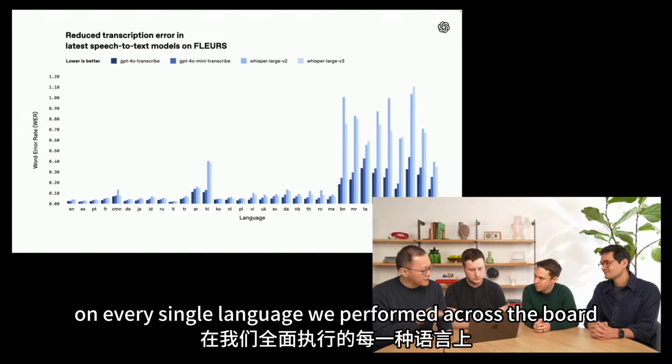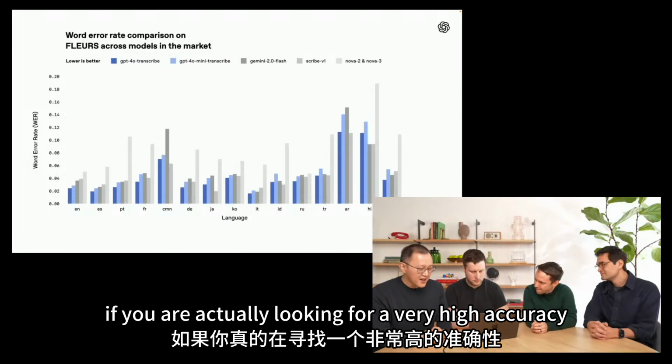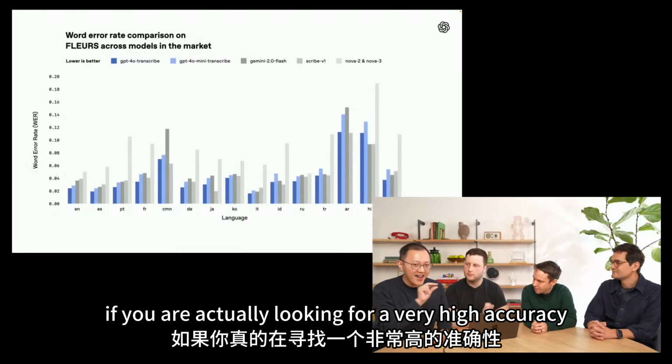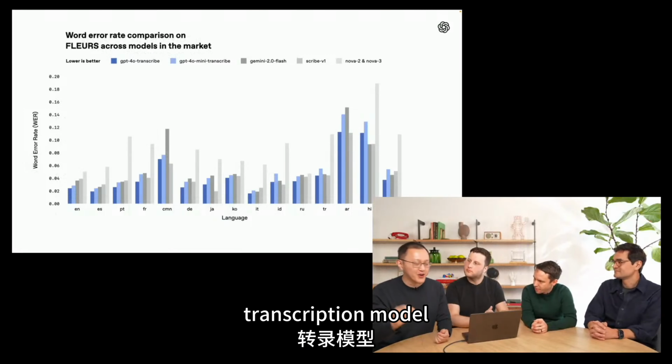Nice. Very cool. Let's also take a look at where we are, compared to the other options on the market. Nice. So what I'm seeing here is that the new model is state-of-the-art across many languages, English, Spanish, more. And then actually 4o Mini is state-of-the-art, if not for its bigger brother model as well. Yeah, if you are looking for a very high accuracy transcription model, our model definitely is the best choice for you.